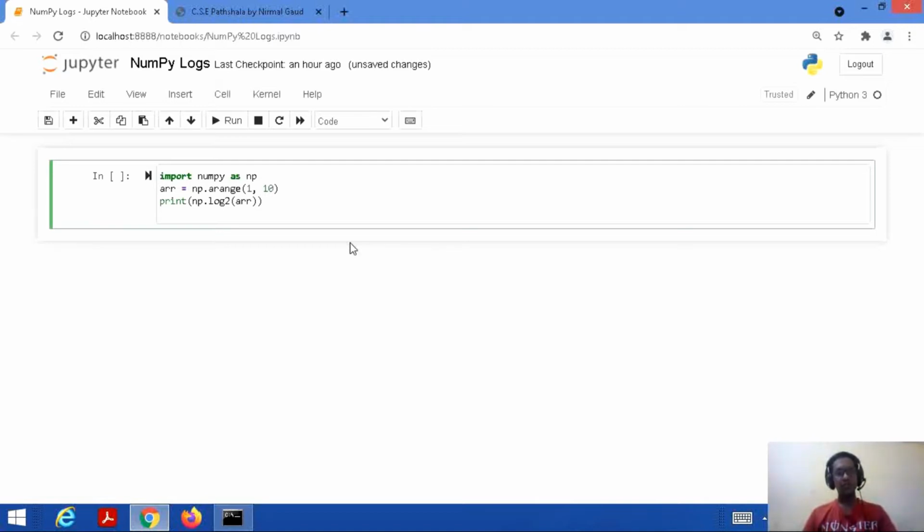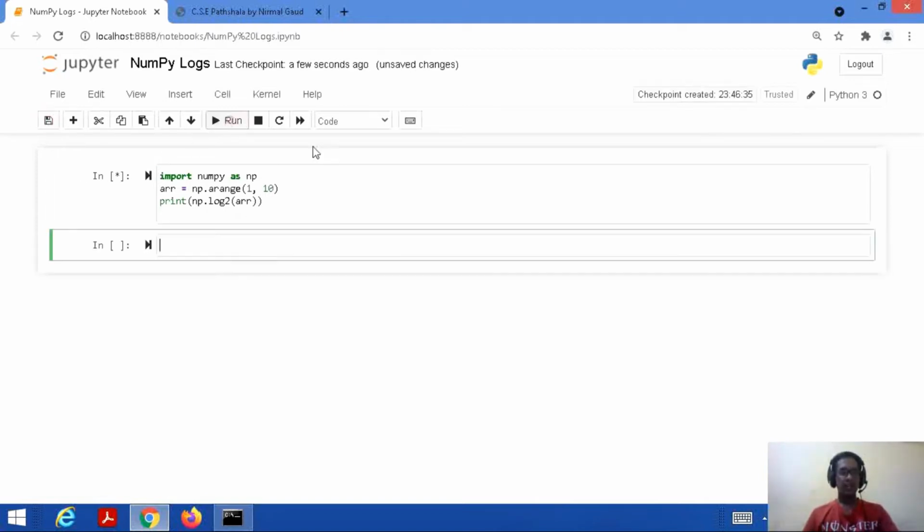We are taking the numbers from 1 to 10, including 1 and excluding 10. Then we are finding the log to the base 2 of each and every element in this array. Let's save this code and run it.